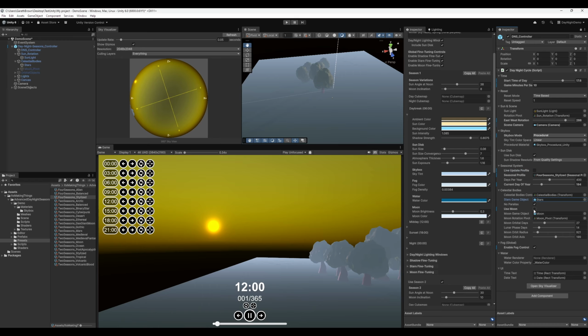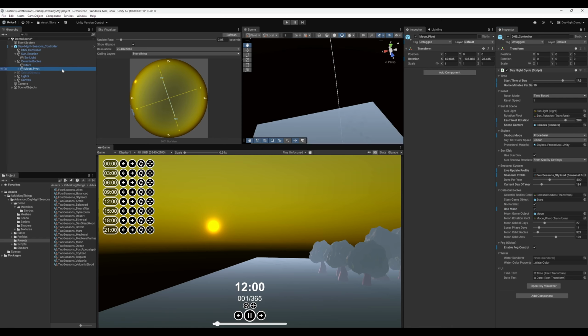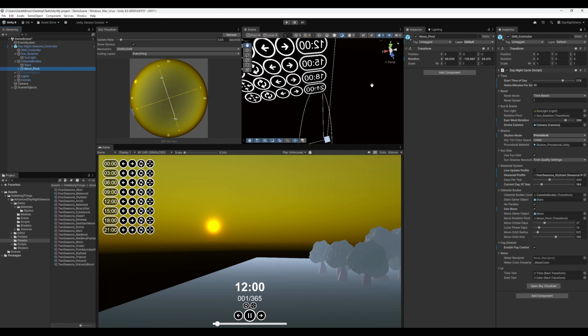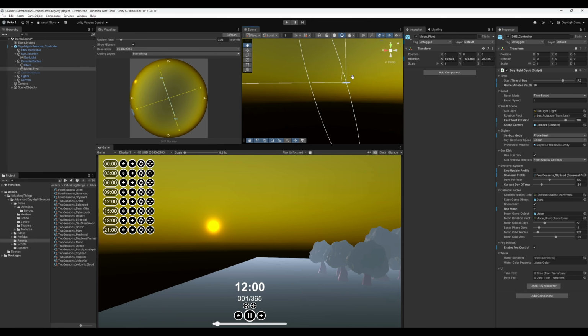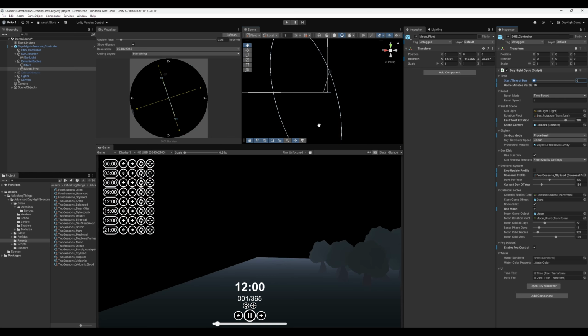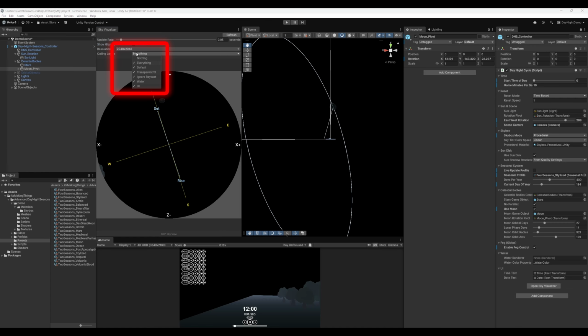Let's enable the moon pivot game object in the hierarchy, then toggle the moon on using the moon checkbox. Now in the scene view, we can see the moon's path along this white circle. If you can't see the moon in the Sky Visualizer, make sure the moon is up in the sky somewhere and at nighttime, and make sure the moon is on the culling layer used by the visualizer, or set the visualizer to show everything.